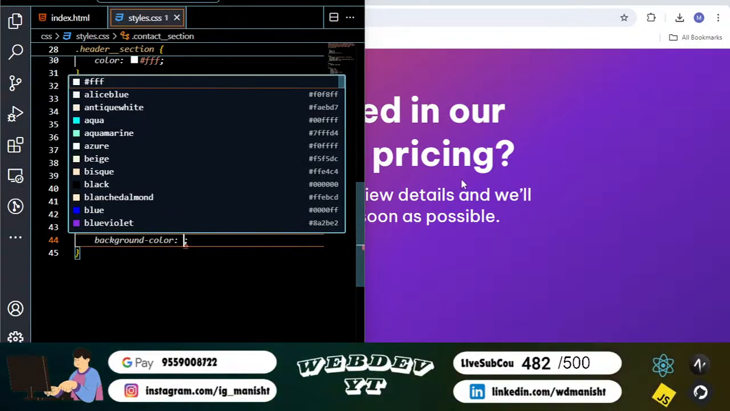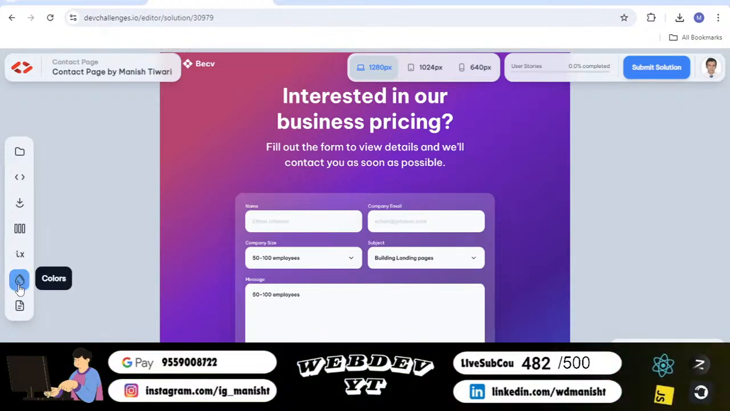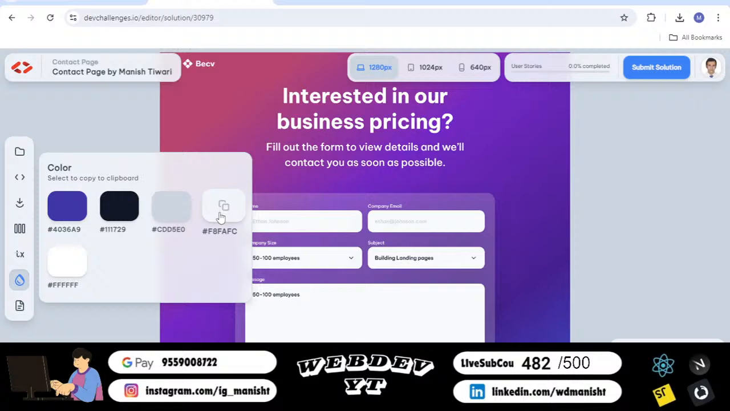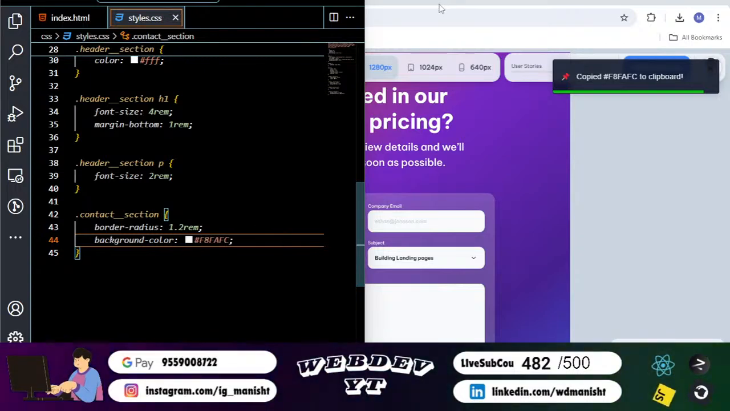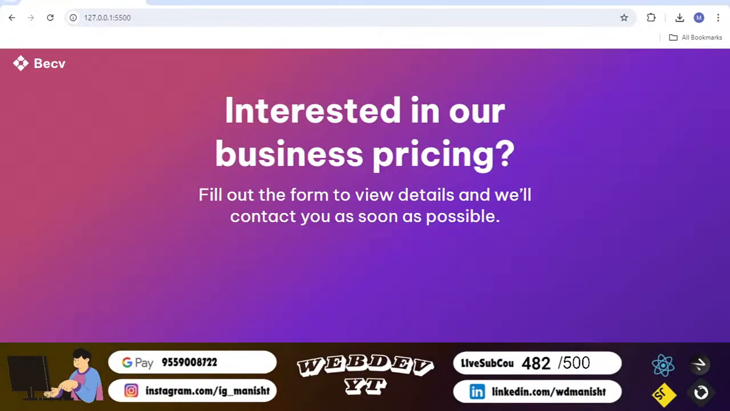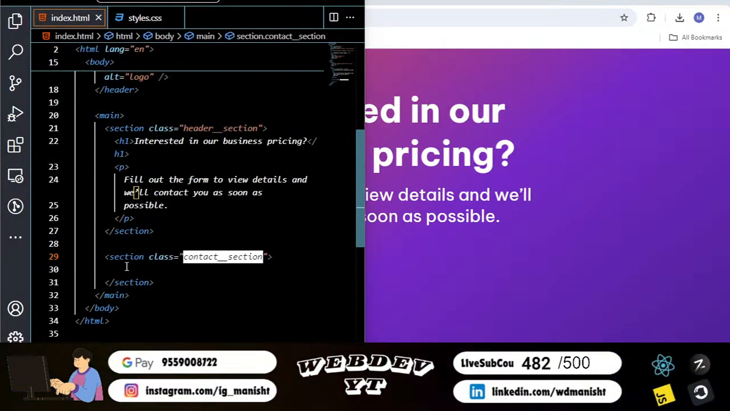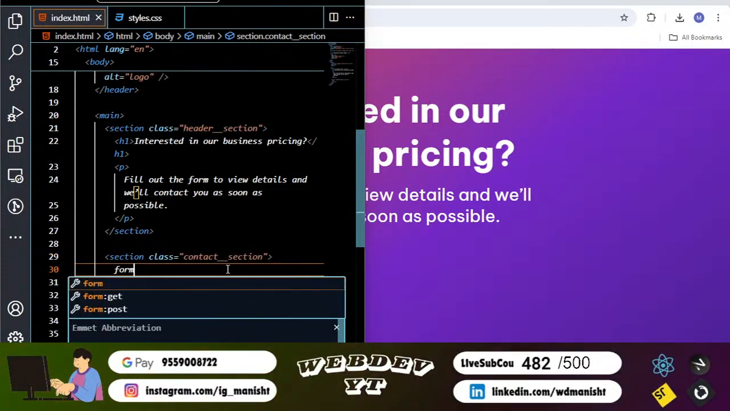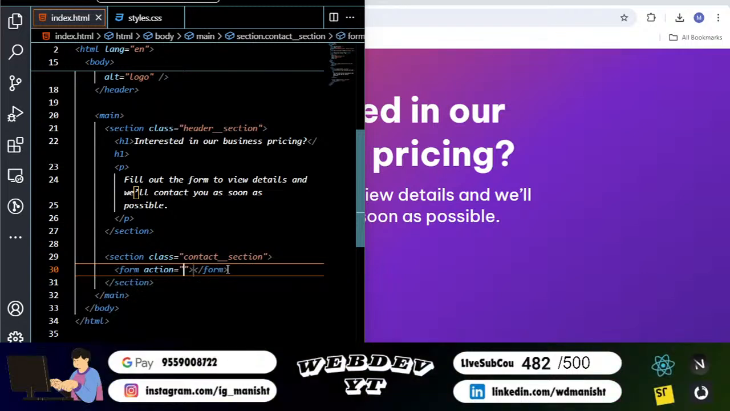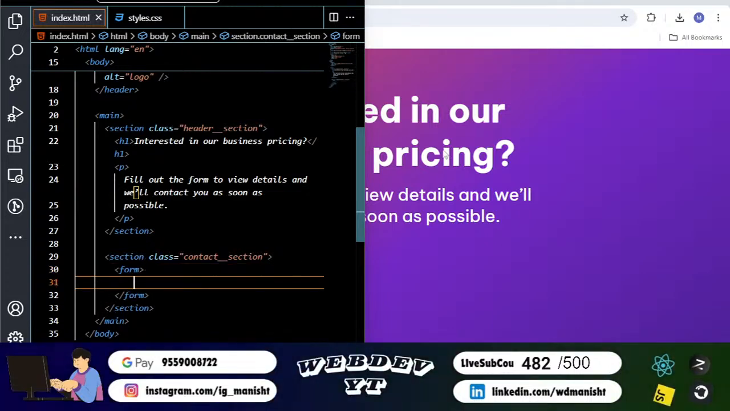For the background color, let's grab this color from this platform. So I will go to color. I think this is the color which I need to use, so I will use this color. I don't think it should be visible here, but to visualize it, let's complete the rest of it. I will create one form. Let's remove this action. Now inside that form,